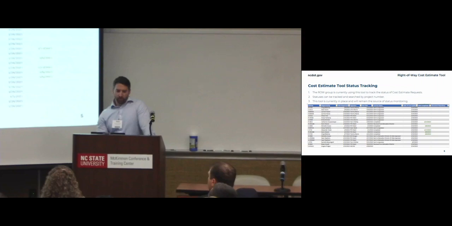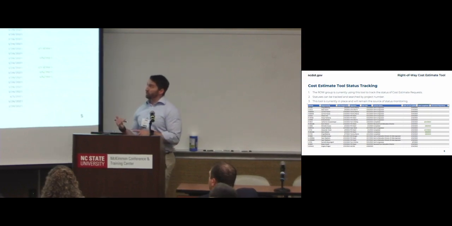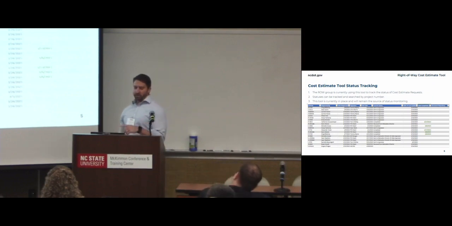So to go into it, this is the status tracking spreadsheet. You can see you've got your project number. It says STIP number up there, but what we're doing is generalizing that to a project number because it's not only STIP projects that are going to be requiring cost estimate requests. So you can enter your project number, you have who's requested it, the date it was requested, what step it is